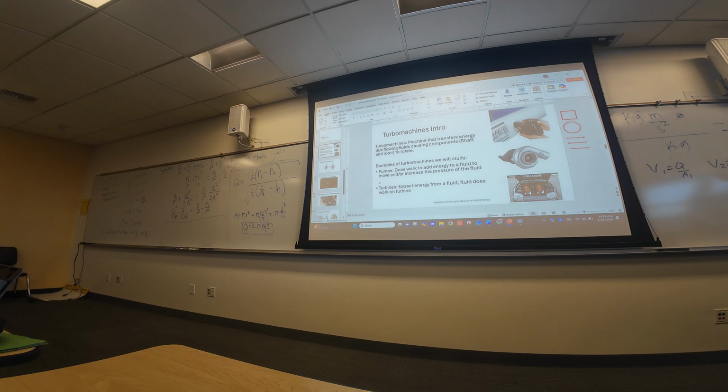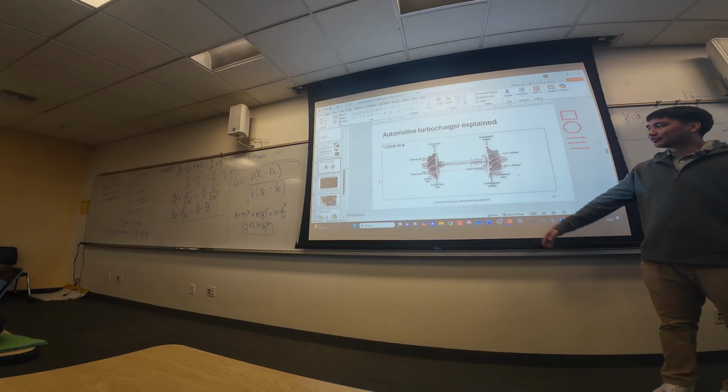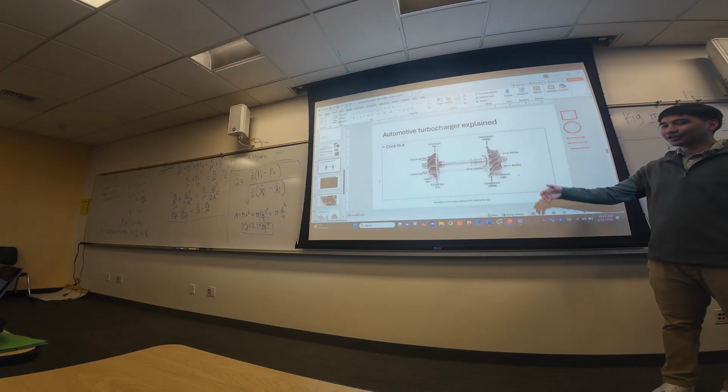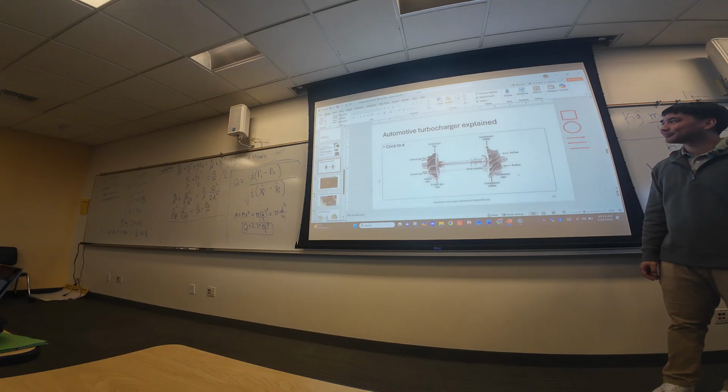Okay, and I think one of the topics that we could have is something with turbochargers, because this is literally a turbine. So this could be one of the topics that one of your groups do if you're interested, right? Like I said, maybe you'll look at, if I vary the airflow, if I increase it, how much more power do I get? How much more turbo boost do I get? So that could be a fun thing to learn about, right?